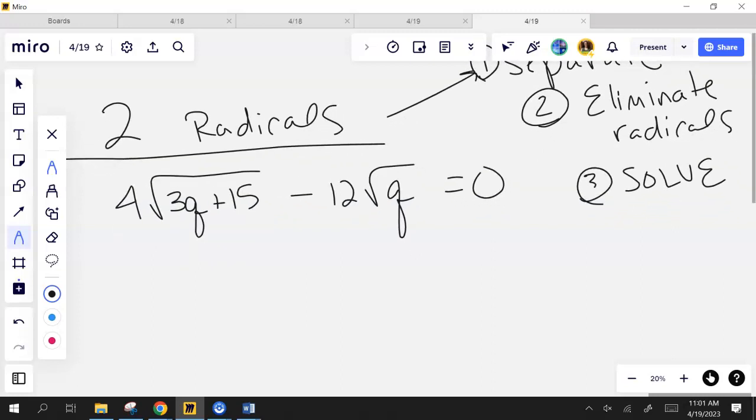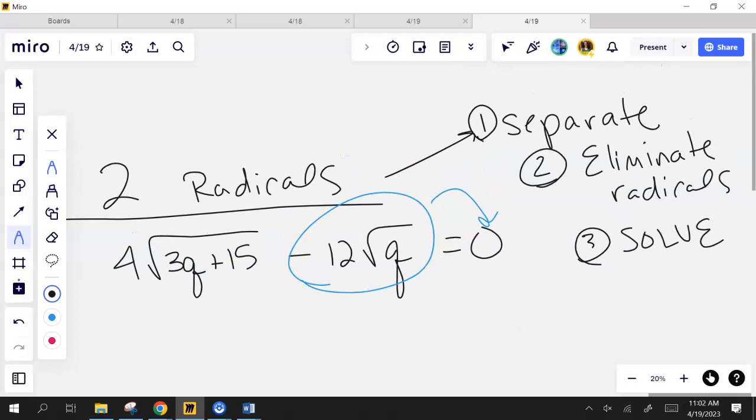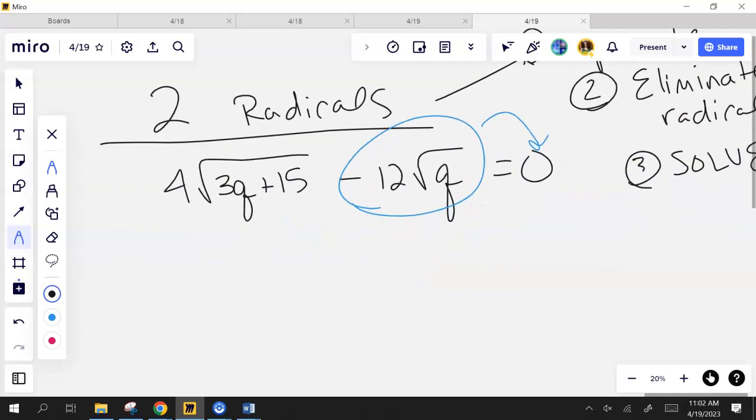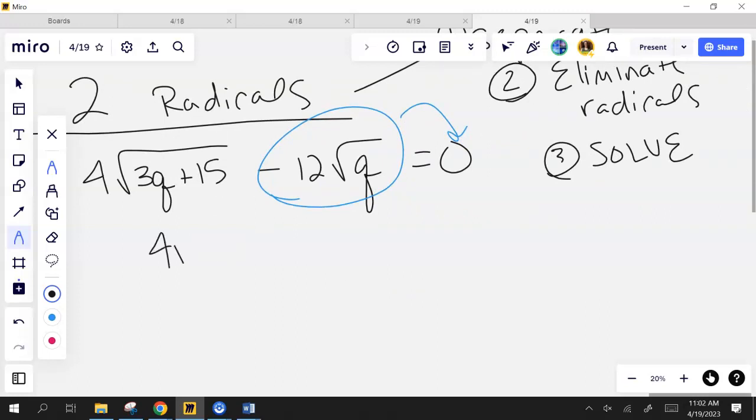Separate them. So to separate them, I'm going to move this one to this side since it's negative, and I can just add it to make them equal. Am I going too fast? Too slow? If you got this and you don't need any more help, I'll go ahead and pass these out. But please do not interrupt me teaching to ask me a question about the homework because I'm probably going to get to it in a minute. When I move this over, I end up with 4